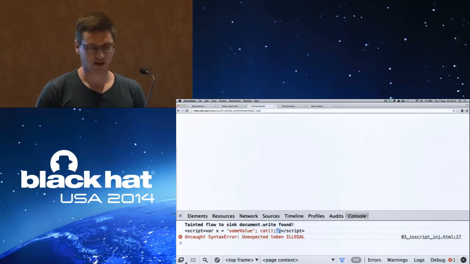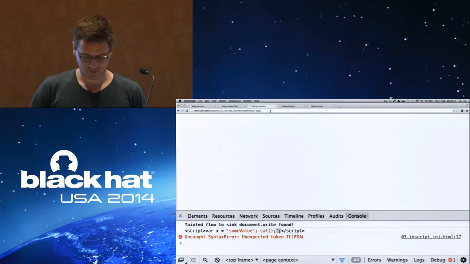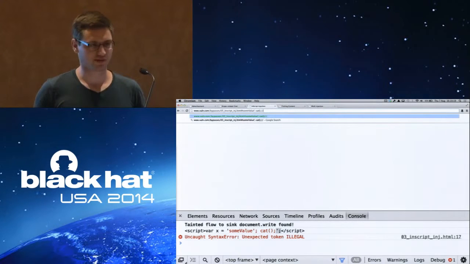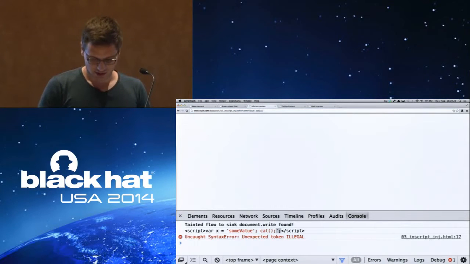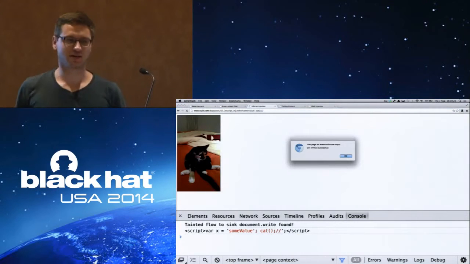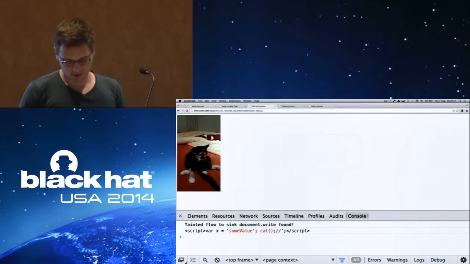They're actually unexpected tokens, so they're not there. And as Martin said already, we can use //, which is basically the JavaScript comment, and this is what you see a lot of times in XSS payloads. If I hit that again, it says again, attack successful. And the problem here is,